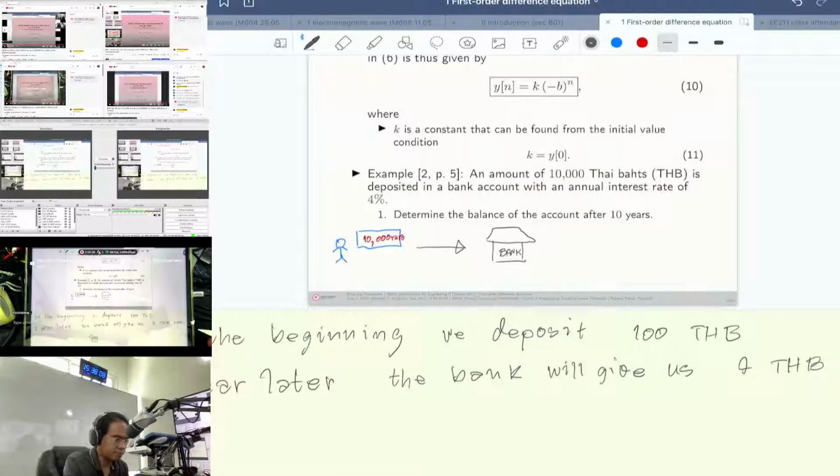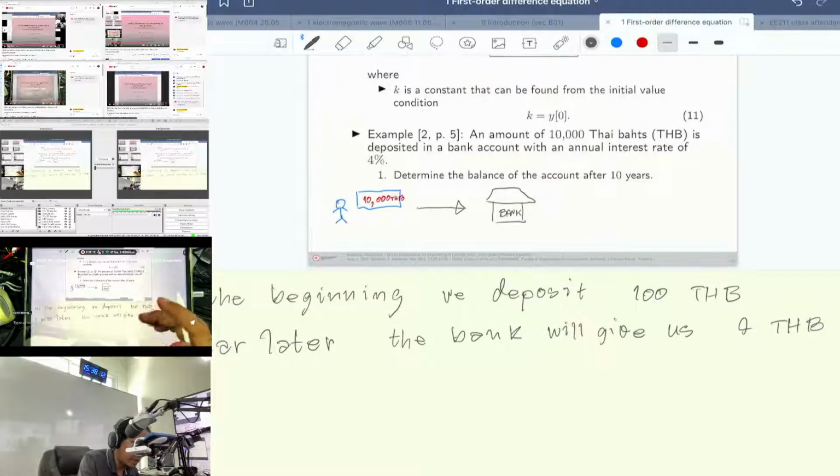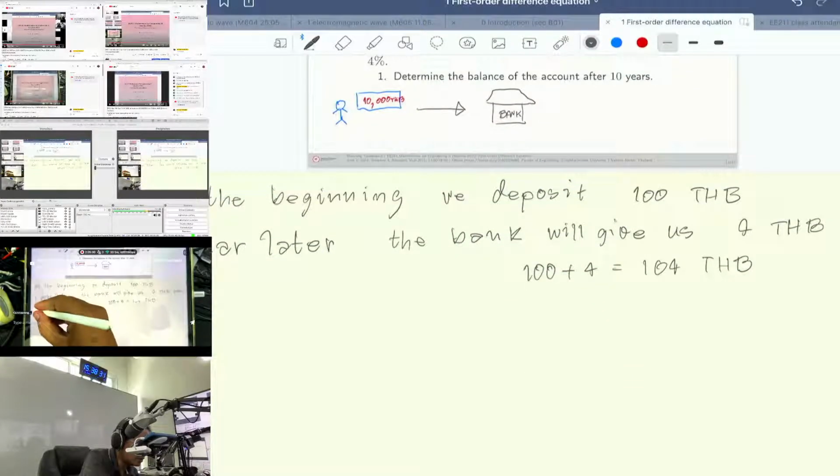It means in total we have after 1 year 100 plus 4 equal to 104 Thai baht. Right. And after the second year,